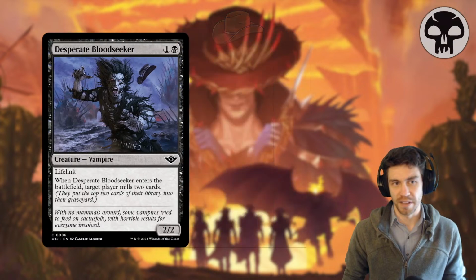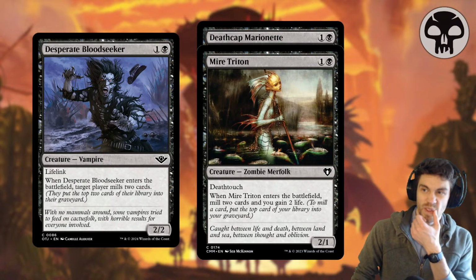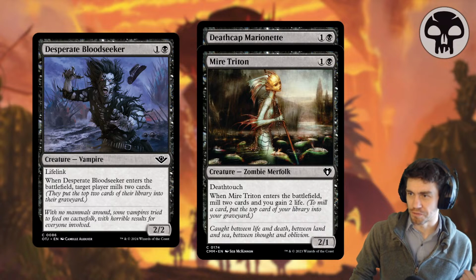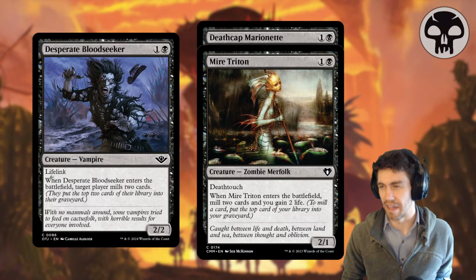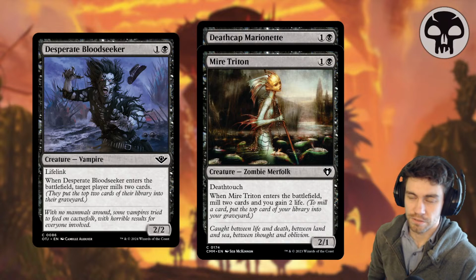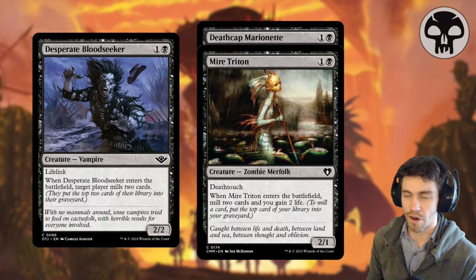But this is basically like Deathcat Marionette, and it's like Mire Triton. I think that Mire Triton is absolutely the best of all of them because it's gaining you the 2 life that you kind of lifelink with this thing. You're probably only lifelinking once. And it's got deathtouch. So it's not as good in the sense that deathtouch is definitely better than the lifelink, but these cards are